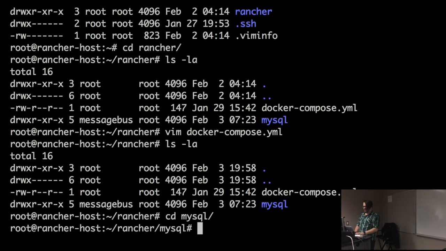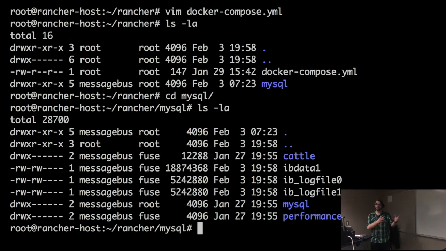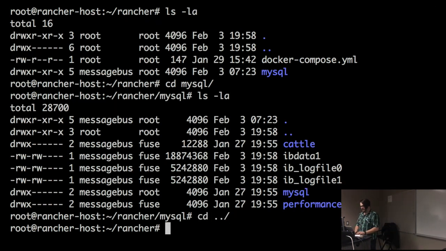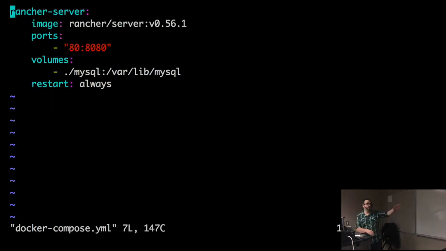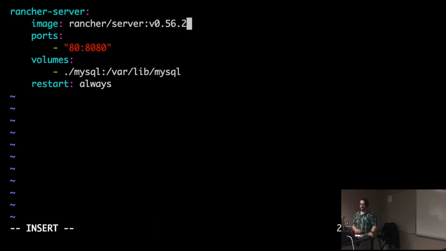So I got this MySQL directory here. This is the MySQL database that's running inside the container. It's live. If I were to delete it, my server would go down. But that's because of the volume mount I've mapped here, and restart always. Really simple. So if I wanted to update this to 56.2, I would just save that file and then I'd run Docker